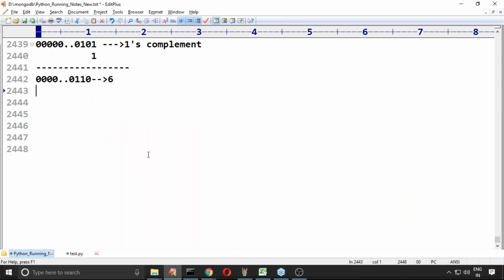Wow, how much existing knowledge is required? You should be aware of the meaning of 1's complement, 2's complement, how to find them, and how to convert a number into binary. All these things are required. But being a programmer, we are never going to worry about this mathematics. That's fine, so you can ignore it. Don't worry at all.